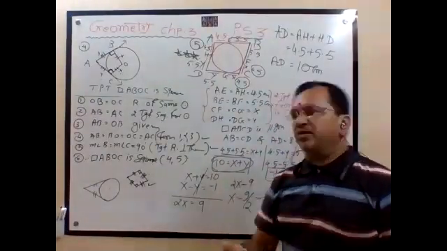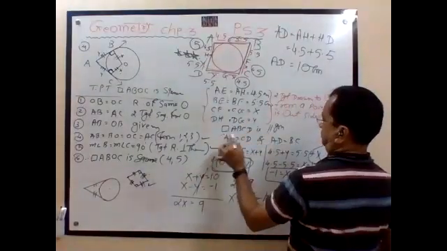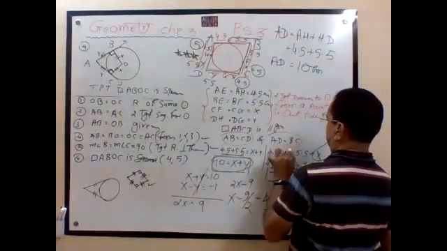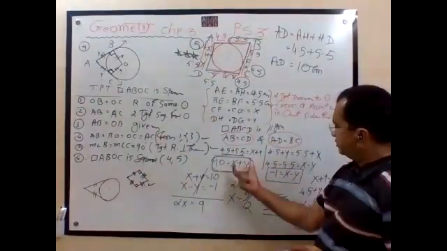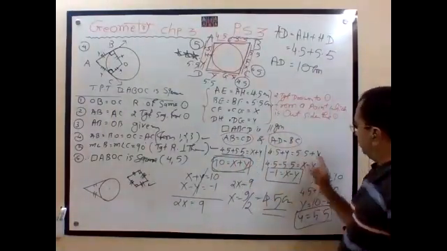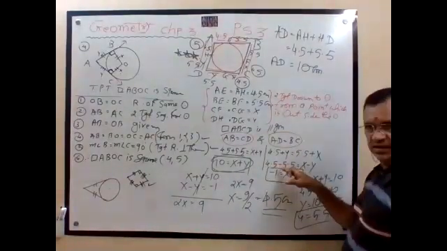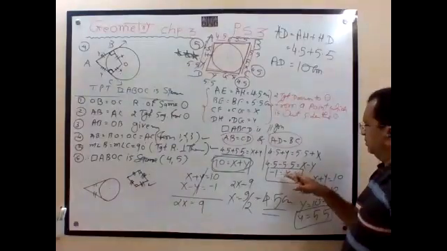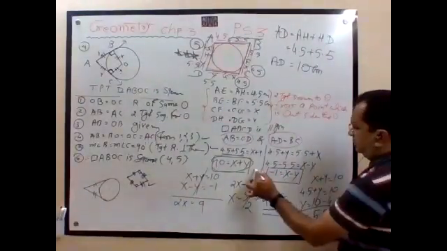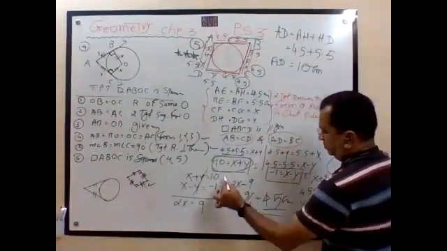Now it is a parallelogram. So this is equal to this, then this is equal to this. I have substituted. So this is a direct total. This is indirect, so x minus y, 4.5 minus 5.5. Correct? So it is minus 1. So this is the first equation. This is the second equation.